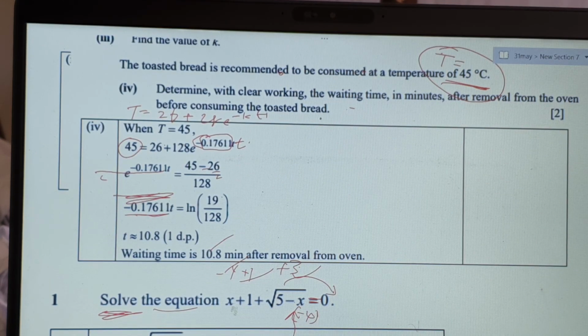If they ask you to determine or explain whether the bread will reach 26 degrees Celsius, okay? Like that. Then you just say you need to know the relationship first. It is 26 plus 128e to the power of minus 0.1761T, right? So you say